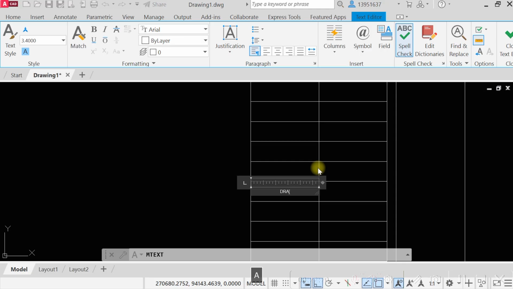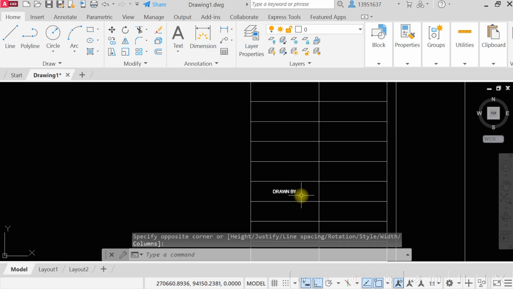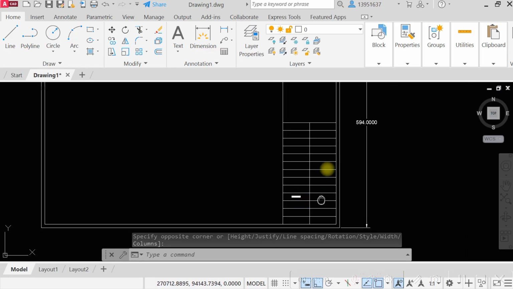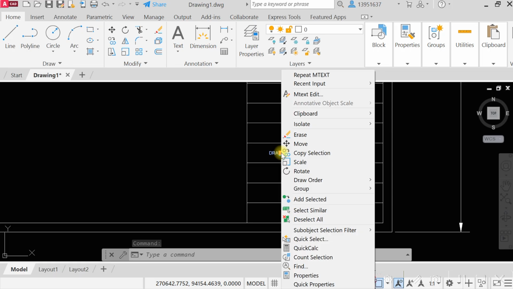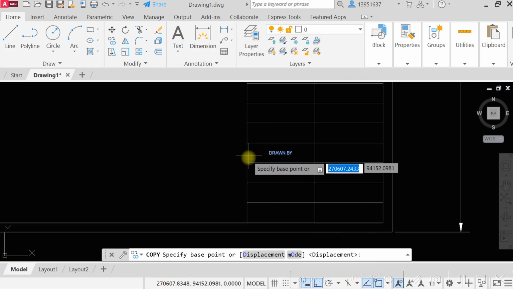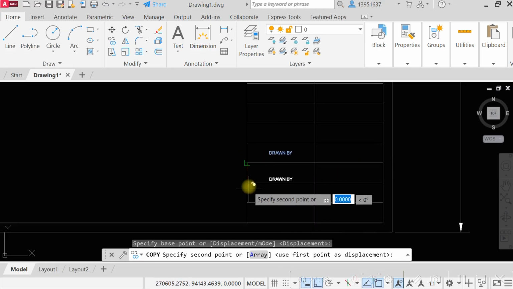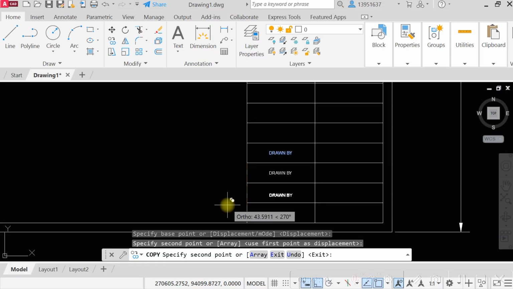Drawn by. You see, just there, drawn by. I'm going to come here and right click my mouse, come here at copy. Okay, I'll select my base point, and I'm going to copy this text to all other